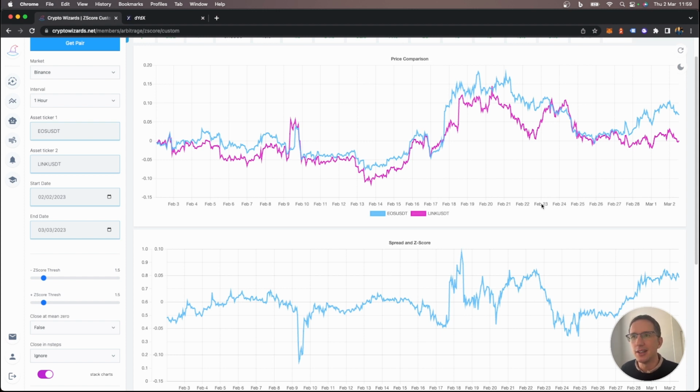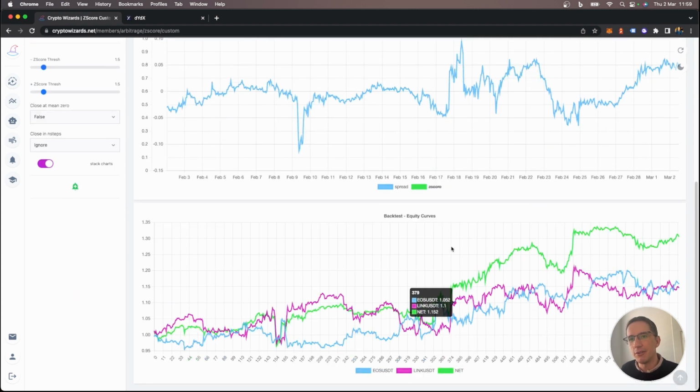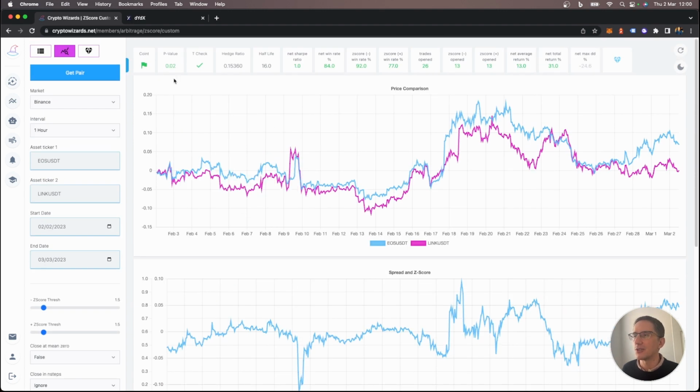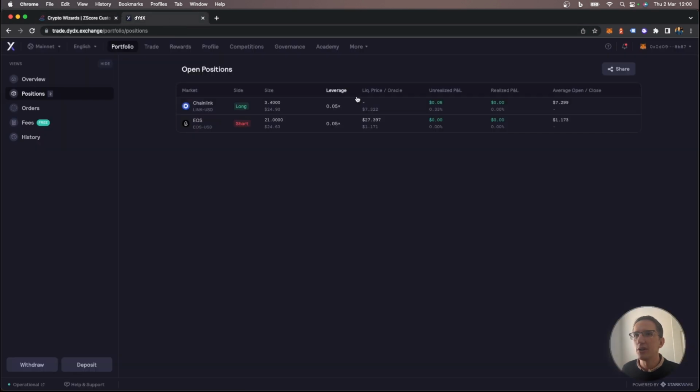this statistical arbitrage just by eyeballing a good spread structure and saying, all right, I'm going to use money management and average into that. So the thinking here is if you were to do this with enough pairs, if they're strong enough like this one right now does with EOS and Chainlink, and you were to amass a significant amount of trades here, then you will lose 1% of your capital occasionally. That's going to happen. But by the same token, if you have all this statistics with you and the probability with you because you've not been greedy about how you enter into the trade, then with enough diligence over time, do you make money doing that?